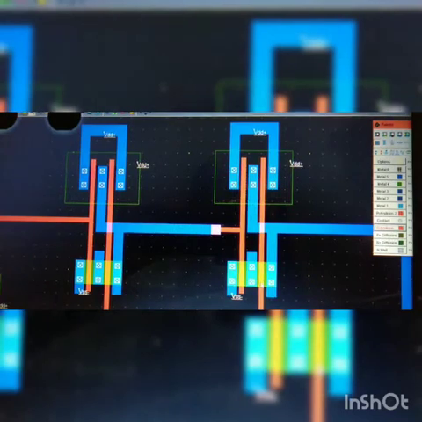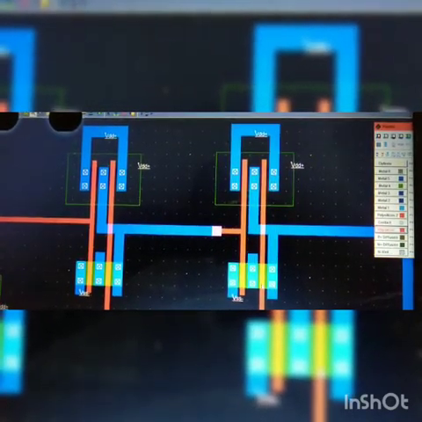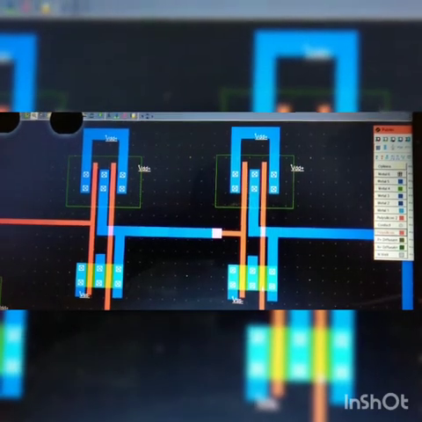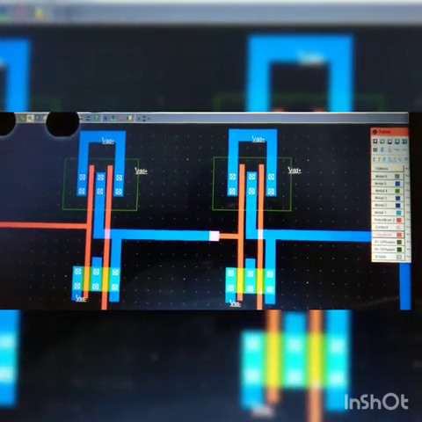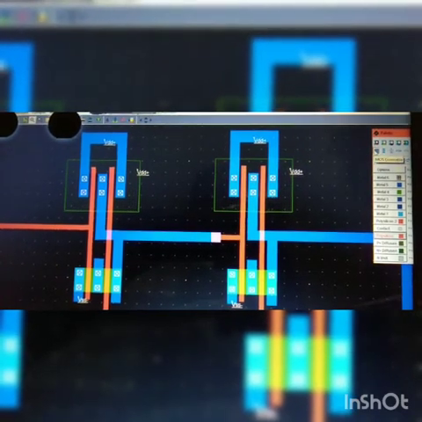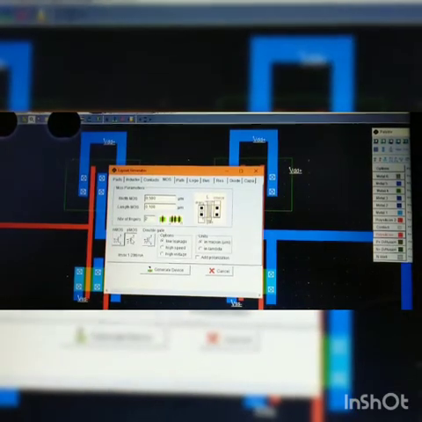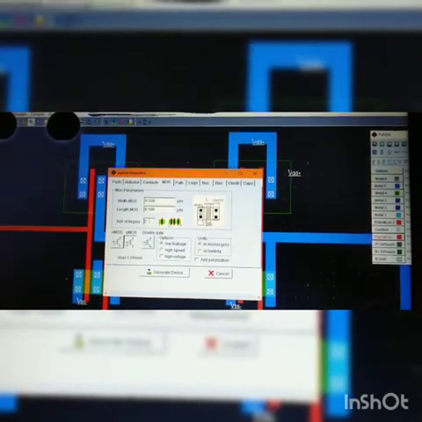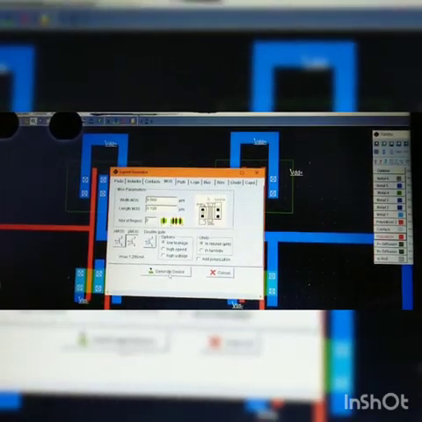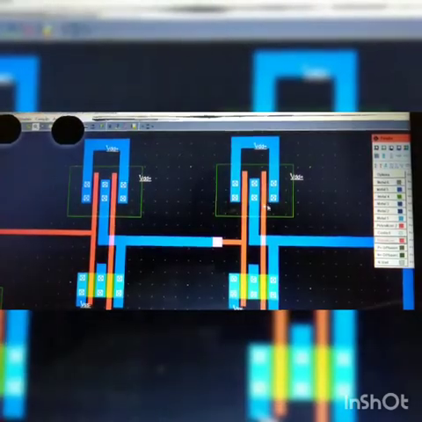And next, what you have to know here is that the NMOS is connected in series and the PMOS is connected in parallel. Next you have to select the PMOS, select the same MOS generator, and you will get the tab again. Here you have to select PMOS and the number of fingers 2, and you click the option generate device. If you do that, you will get this portion.